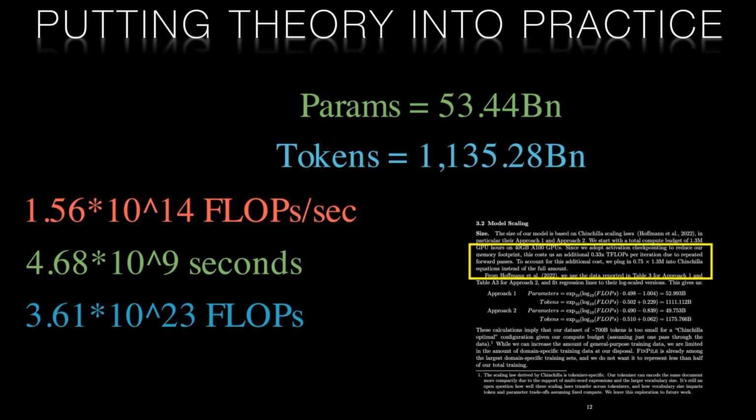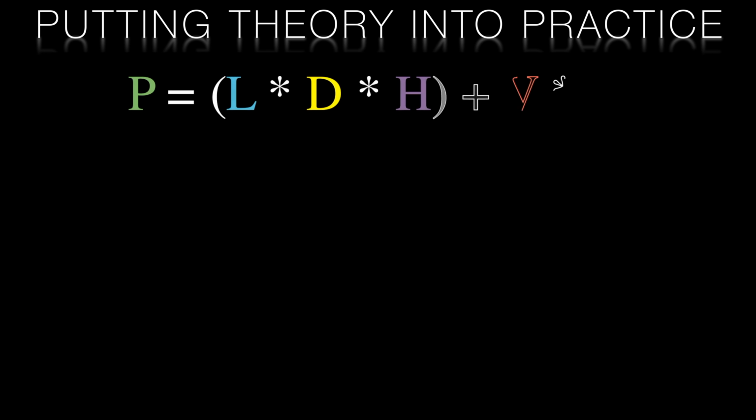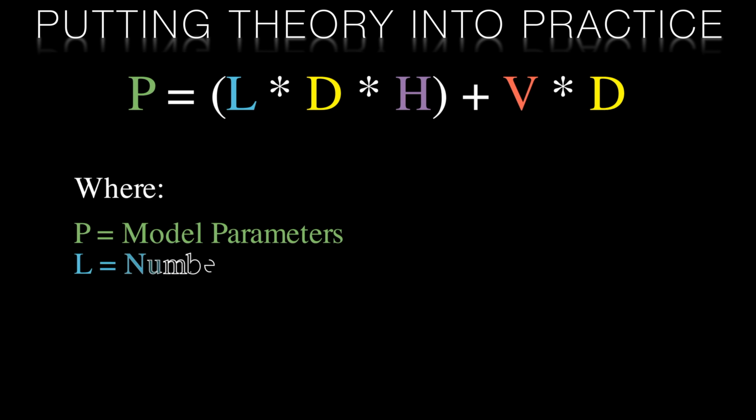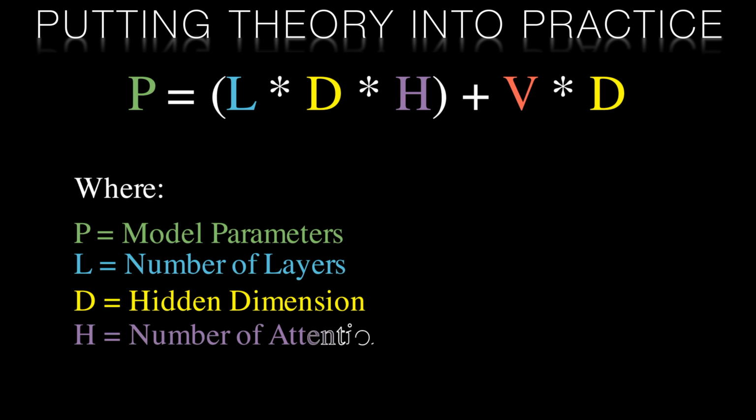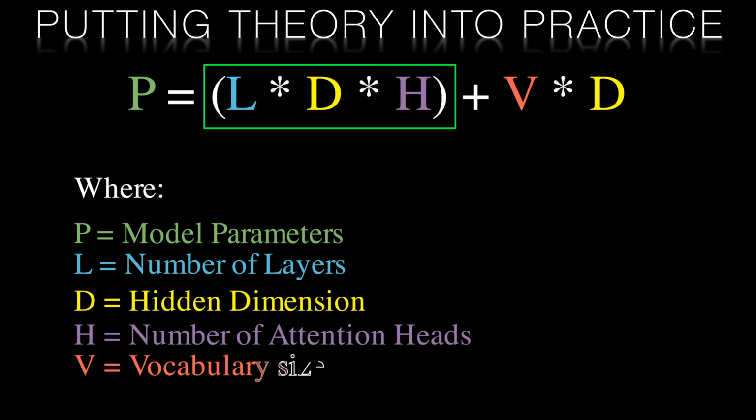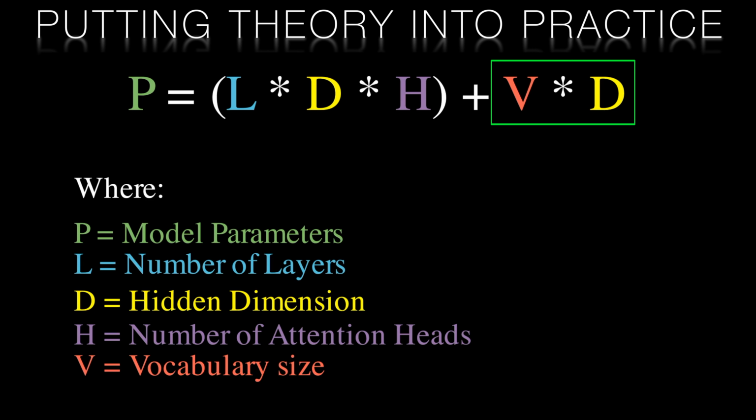Once we have the number of parameters, it's a matter of applying some further empirical formulae and some best practices to get the other model parameters. The approximate formula for the number of parameters is shown on your screen. The number of layers multiplied by the hidden dimension multiplied by the number of attention heads, plus the vocabulary size multiplied by the hidden dimension. We know that the parameters that we want is approximately 50 billion, and the vocabulary size for BloombergGPT is